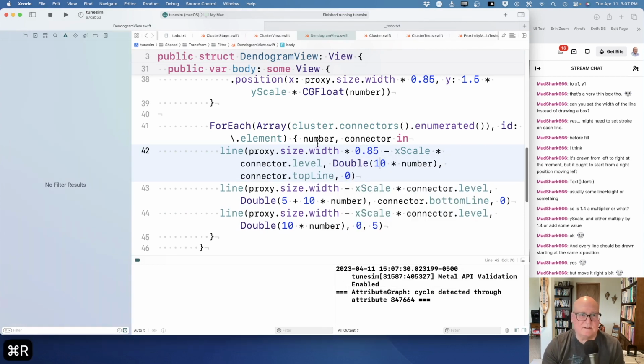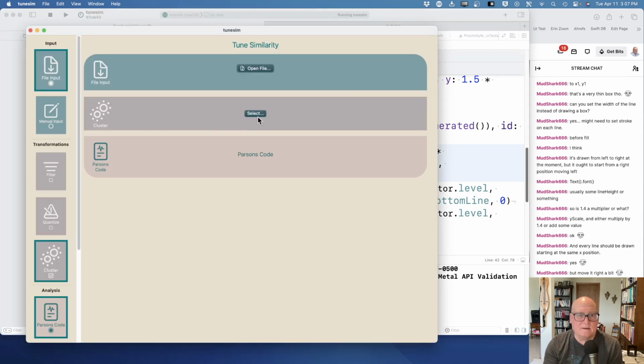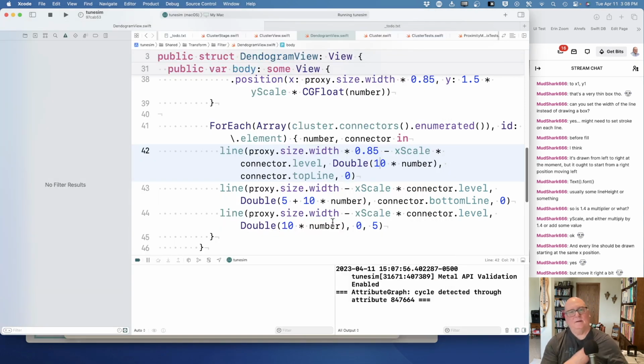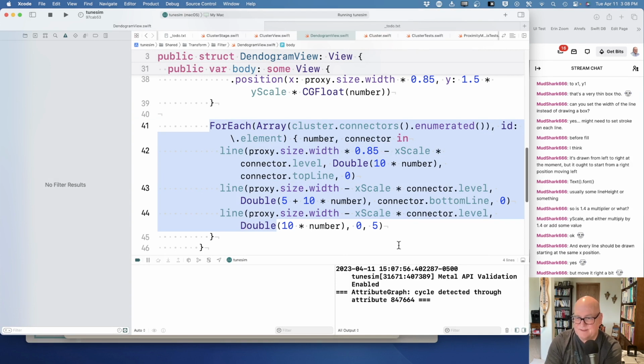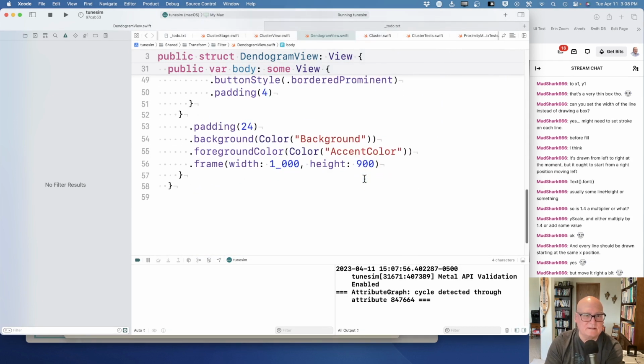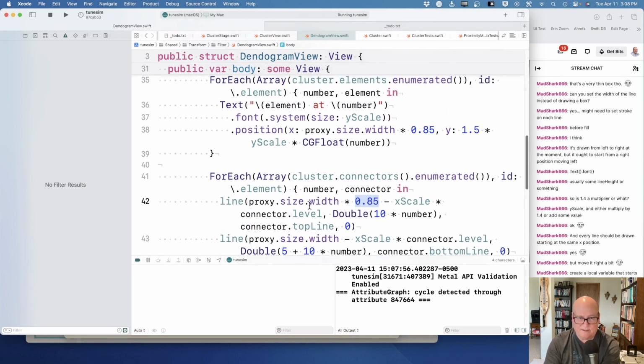Let's focus on one line first, I guess. Okay, all right. So if my proxy width is 1,000, yeah, unfortunately, you can't create local variables in the SwiftUI part. That's why it's very annoying. But if I take proxy width times 1,000, I'm sorry, let's say it's about 1,000, I think. Yeah, width is 1,000. So 850